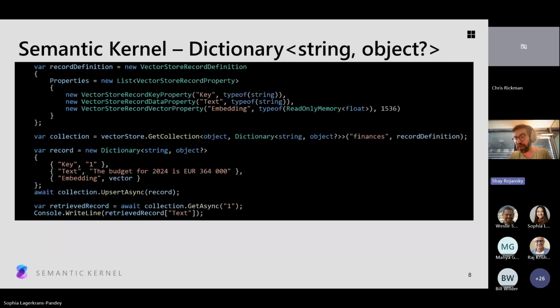So the next thing is probably going to be interesting only to a minority of Semantic Kernel users. But the idea is this. In what you saw in the slide just before, you had a .NET type that got mapped to the database record. That's a very statically typed approach where there's a fixed schema, which in code is represented by a .NET type. So you list out in .NET, I have one property called price and it's an int, and I have another property called name and it's a string, and so on. That's a very ORM, strongly typed kind of story, a bit similar to Entity Framework for people who know it in the .NET world.